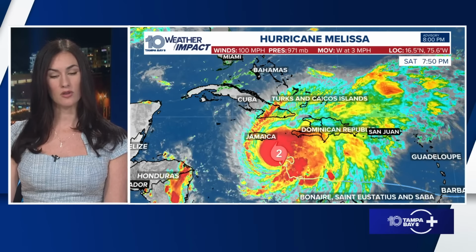All right, getting into our local weather here, we've been sitting dry and pretty, and I hate to say that, but this has been pretty pleasant weather. We actually could use some rain. There is a front that will be moving through this area. That same front will help to sweep Melissa out to sea. This low pressure that you see there, on top of Texas at this time, has started to spread out, still bringing rain to a number of states, but they don't really have the severe weather that we saw